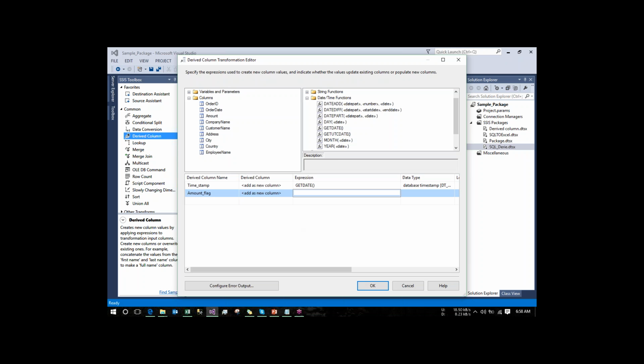Add as a new column, and yes. So we know we need to write some if-else conditions, like if the order value is greater than this, then we want true. If the order amount is less than 100, then we want to flag it as a false, which means simply writing a text value T and F. So for that, the way of writing the expression is